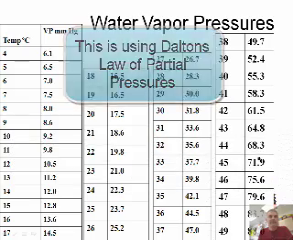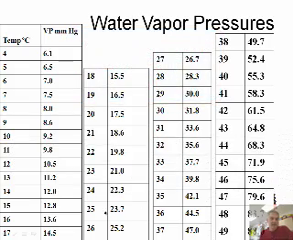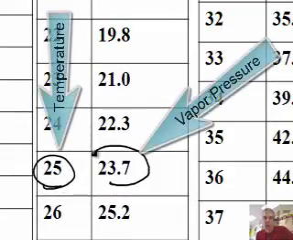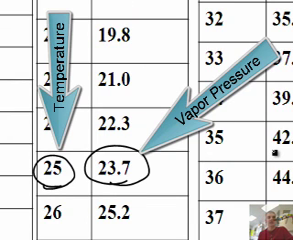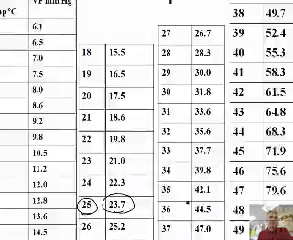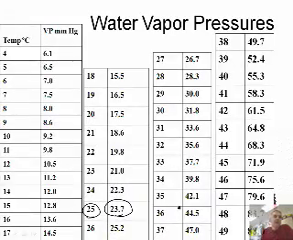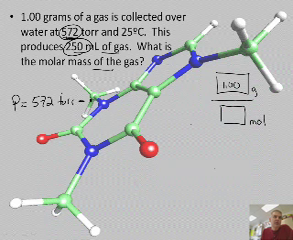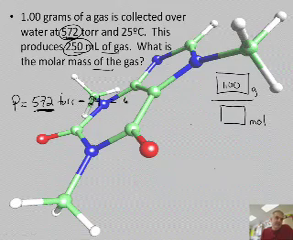So I'm going to pause and go find that. So here's the water vapor pressure table. At 25 degrees Celsius, the water vapor pressure is 23.7. So we're going to subtract this from the pressure. That number was 23.7, but since this is rounded to the nearest whole number, I'm going to say 24. So if I subtract 572 minus 24, I can just do that in my head. That'll be